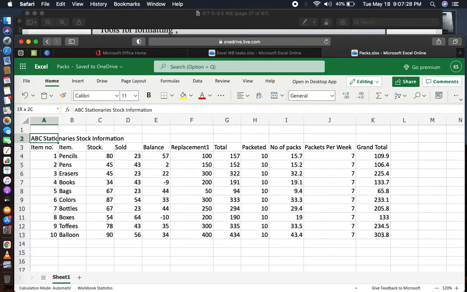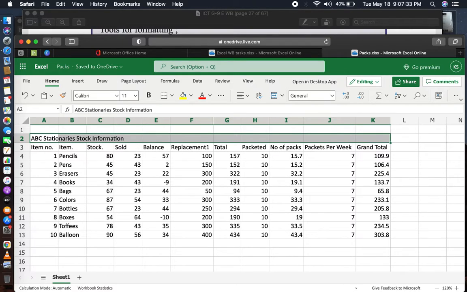So we select the entire set of cells where we want to have the title placed, and then we click merge. Did you see what happened? The cells all combined into one, or rather merged into one. So that's the term merging. They come together as one